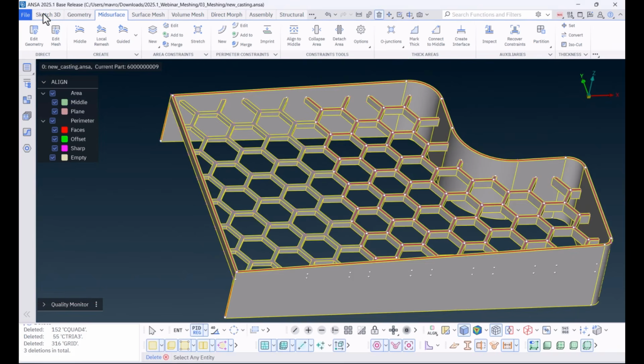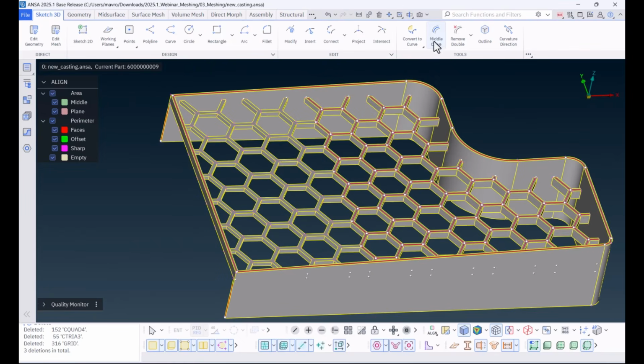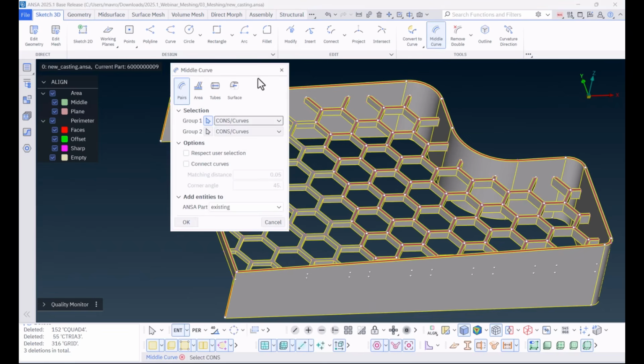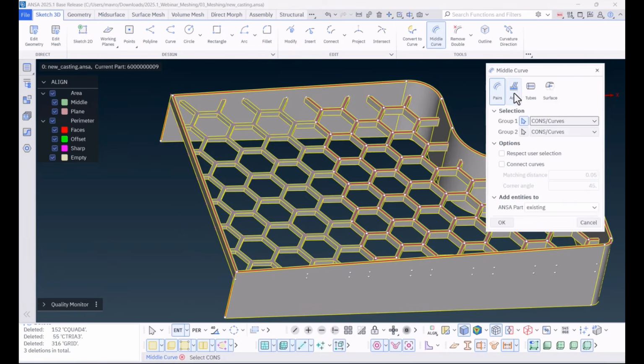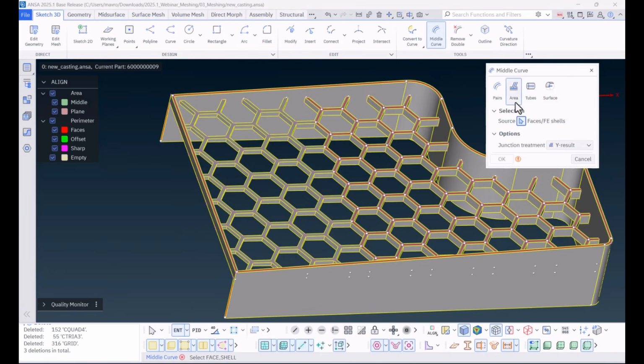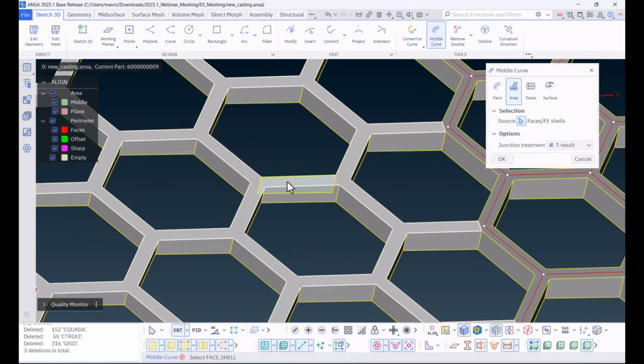As a result, a new function is now available, the middle curve. This tool has an option, the area, which generates middle curve on ribs, including a junction treatment. Those middle curves can later be used as guidelines by the Guided from Top function to quickly finalize the mid-surface result.